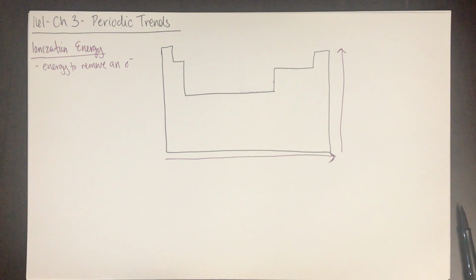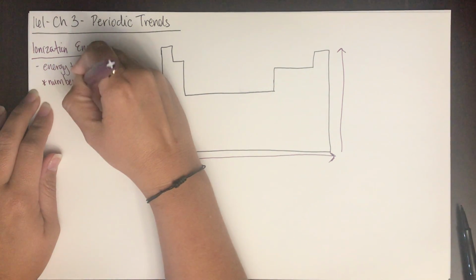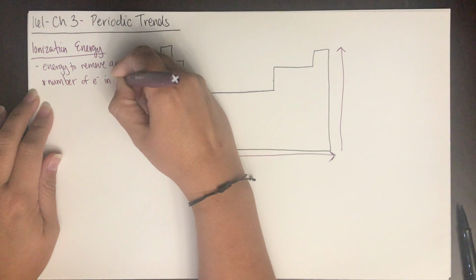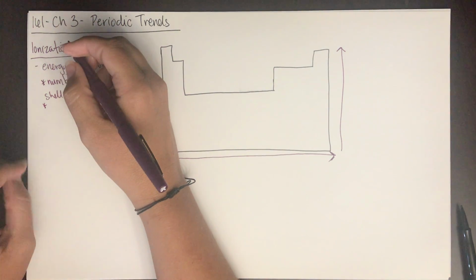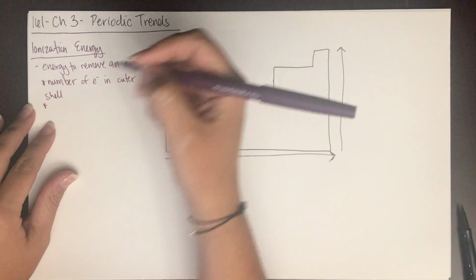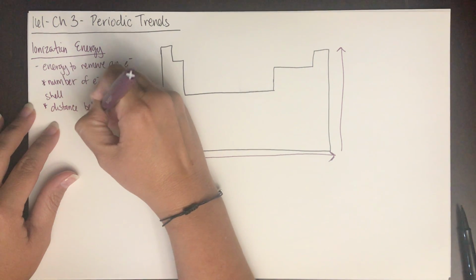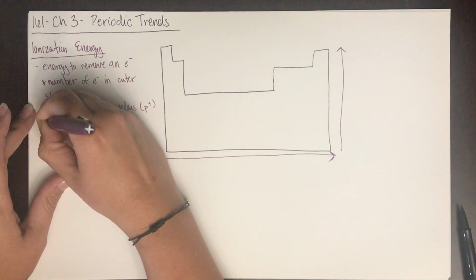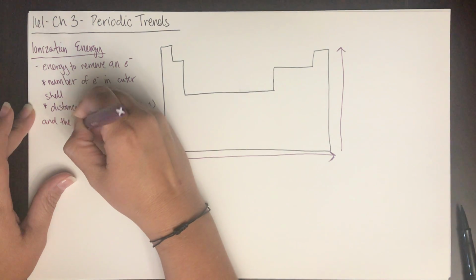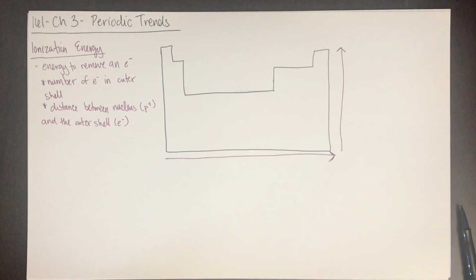So it has to do with the number of electrons in the outer shell, and it has to do with the distance between the nucleus and the electrons. Because remember, the nucleus is where the protons are, and the outer shell is where the electron that you would be removing is. Okay,